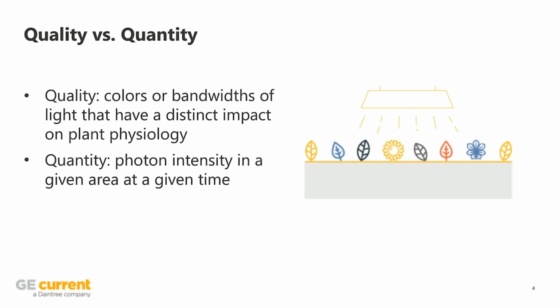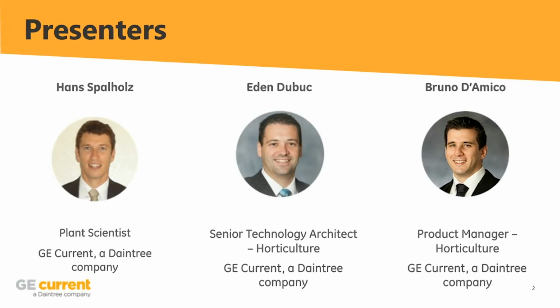I guess where we want to get started is, Hans, you could walk us through what quality versus quantity actually means. Sure. They are two very different things, but both convey information to the plant. When you're talking about quality, light is radiation, and that radiation that is visible to us, we describe as colors. Those different colors can provide information to the plant on its environment and surroundings. The plant then uses different light profiles, or different qualities of light, to interpret the environment and